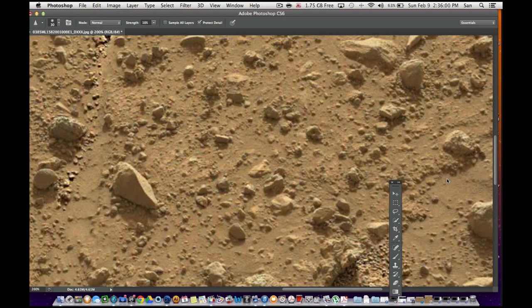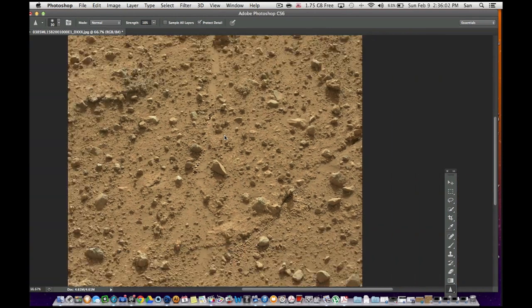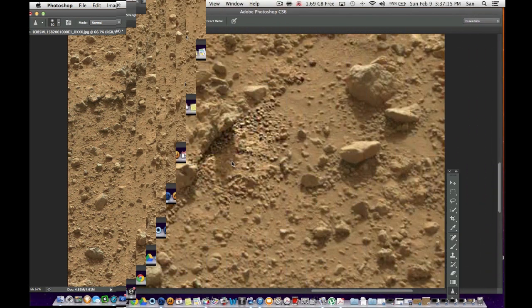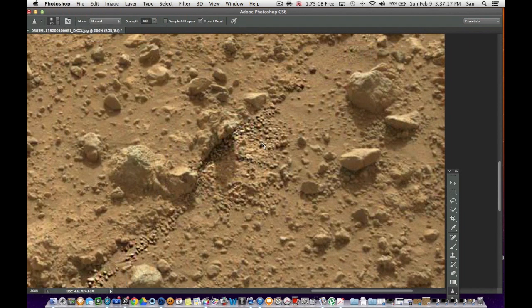I'm going to go ahead and move this out of the way. Let's back it out totally. Look at this. Yeah, I'll do the whole track for you. You see this? Why do you think NASA took this picture? Why? Because it wants to see rocks? I don't think so. Look at this. Look at the paths. The water is carving out. I'm going to go ahead and bring it up.